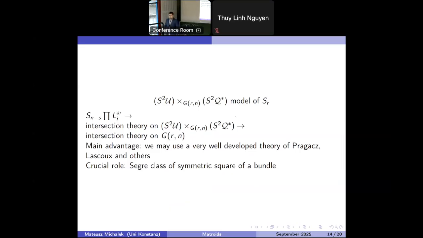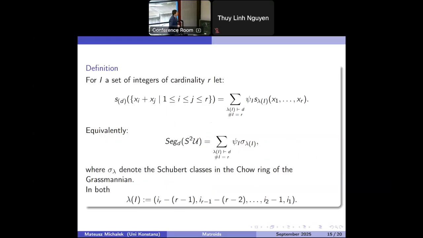And I want to teach it to you now on the next slide. What's the down-to-earth question? How do you do intersection theory on such a thing? So this symmetric power really means that if you have x1 to xn, you shouldn't think about these as variables. You should sum them up. This is what symmetric power does. So you have to evaluate a complete symmetric polynomial of degree d, but not on x1, x2, x3, but on